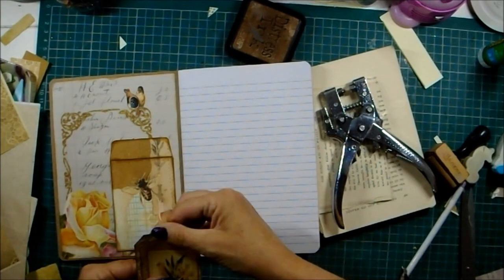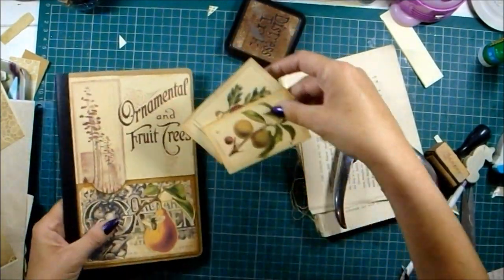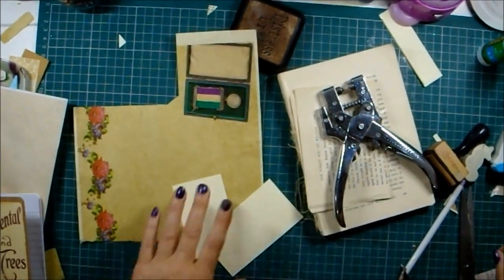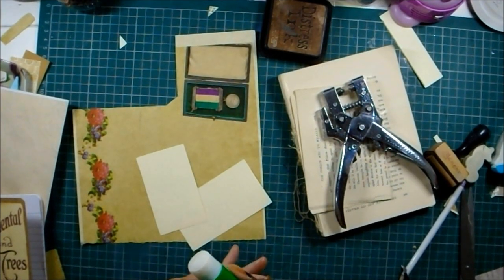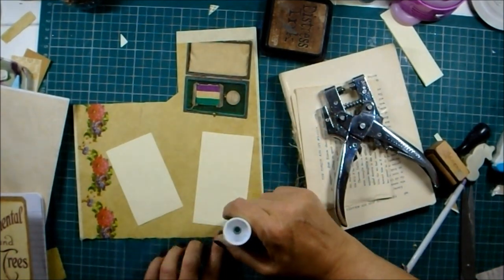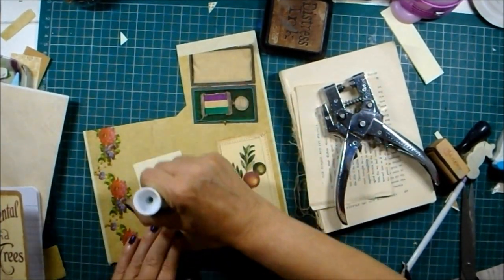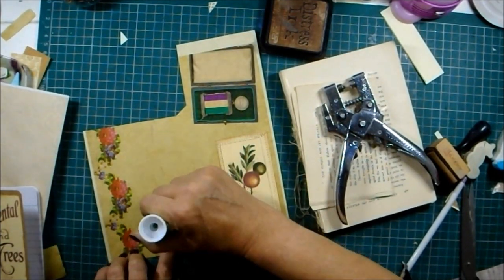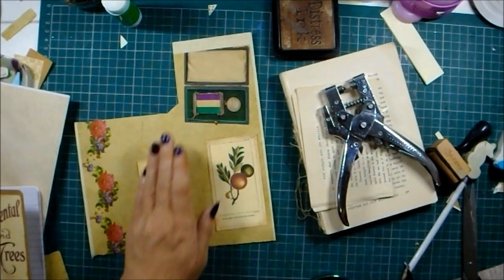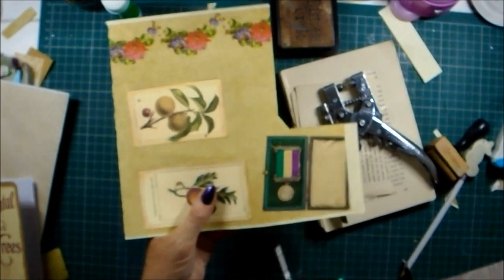Right, so there is our little tag for in there. I'm going to back these now with this coffee dyed paper, and I'm just gonna stick them straight on. And then we might put a little bit of ribbon or something with these. Trying to get it done quicker now because I know I'm at my time limit, I think. Right, and so then I'll have to leave this one in a minute,